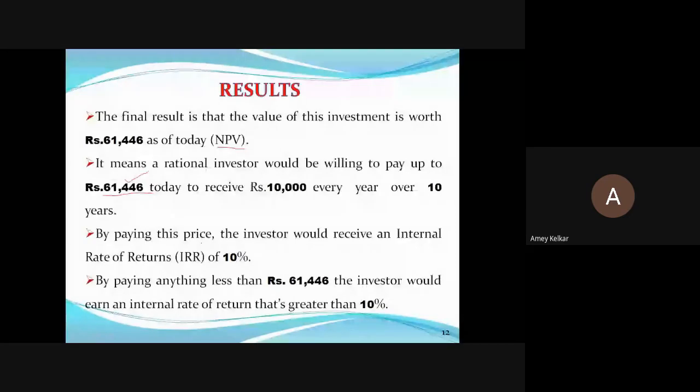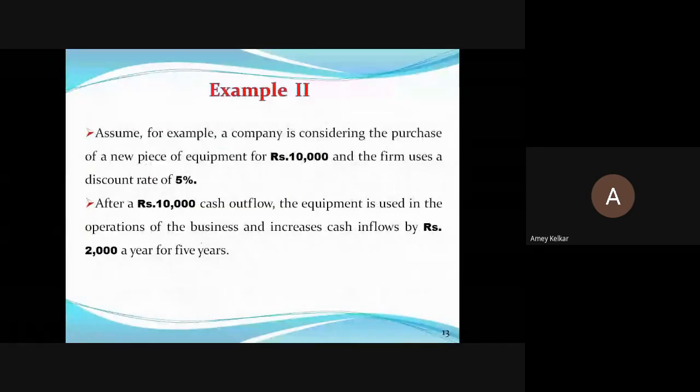One more example I am taking, wherein assume a company is considering purchasing a new piece of equipment for rupees 10,000, and the firm uses a discount rate of 5%. So you have an industrial setup, you are putting in 10,000 extra and upgrading some machine or getting some new machine, and we use the I value, that is internal rate of return or discount rate, as 5%. So after 10,000 cash outflow, the equipment used